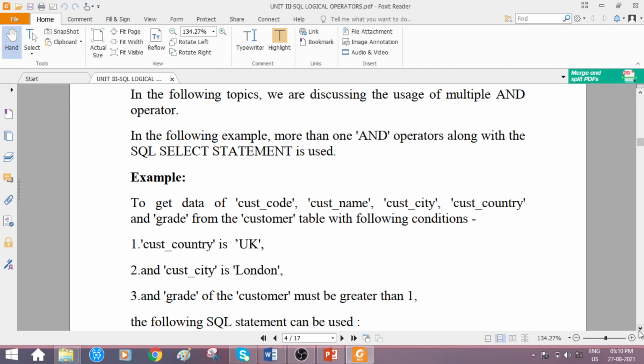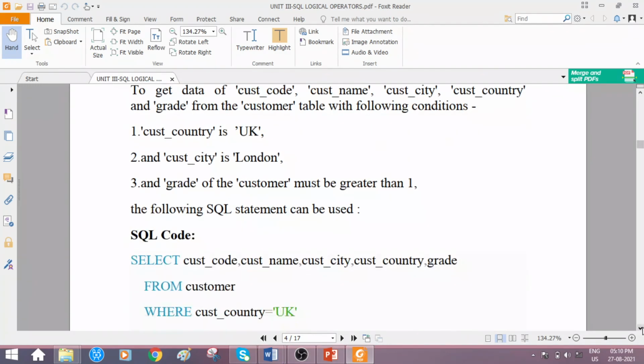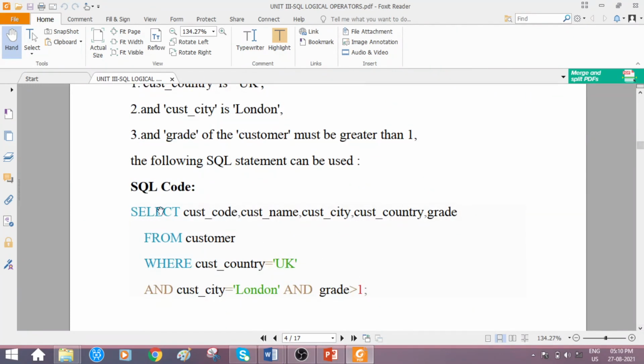So it is as simple as what we observed above. Here also we use the select operation, the from clause to mention from which table, and the condition with the where clause. Okay. So select the particular columns they wanted to view: customer code, customer name, customer city, customer country and grade, right?